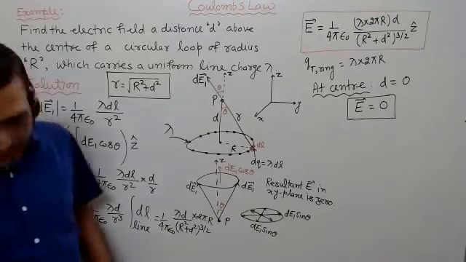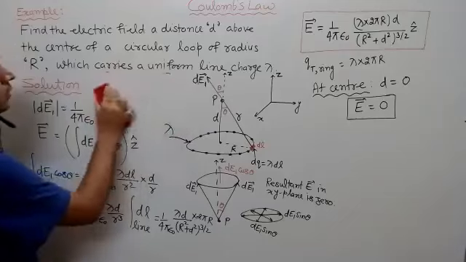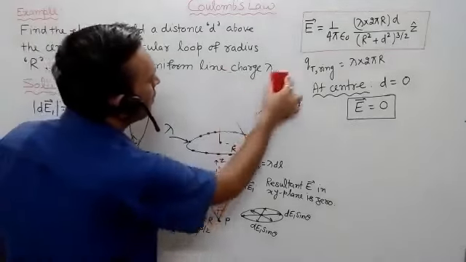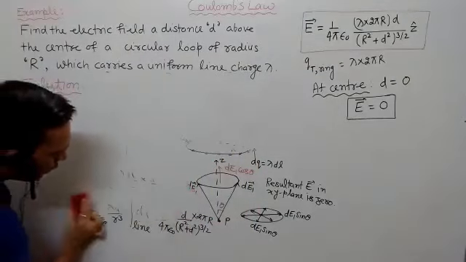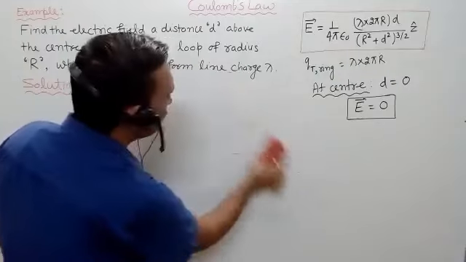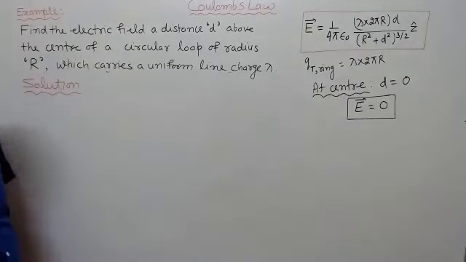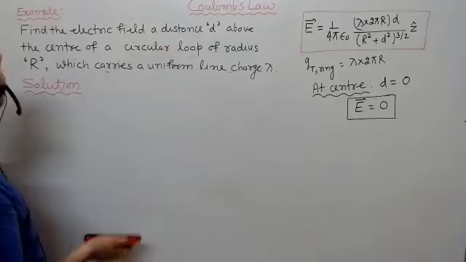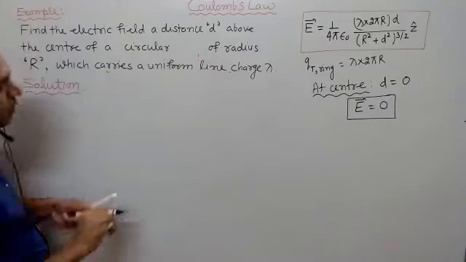So let us see the next example. We will see the electric field due to a disk. And again, we will use this relation: if you know the field due to a circular ring, you can find the field due to a disk. So again, write down: find the electric field d distance above the center of a circular disk